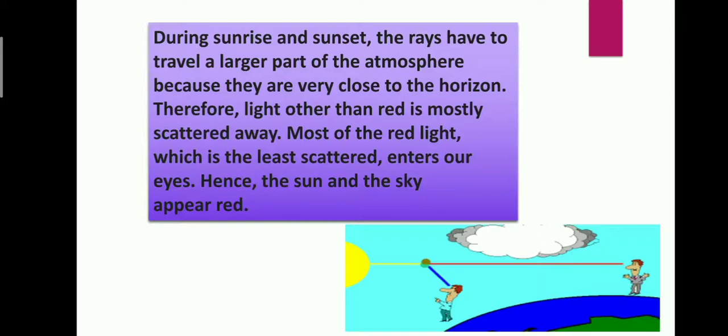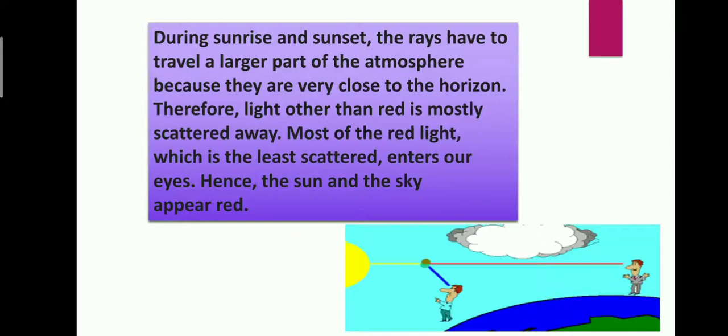So our common sense tells us that red color has a higher wavelength, so it is going to travel a larger distance. No doubt all the rays get scattered, but the red color, which is least scattered, enters our eyes because it has to travel a larger distance. The blue light, which has scattered a maximum distance, is unable to reach your eyes because it has a very, very small wavelength. So they are not going to reach your eyes during sunrise and sunset.